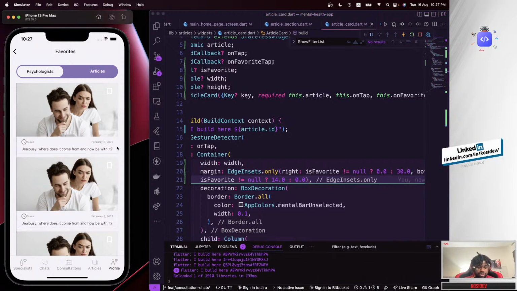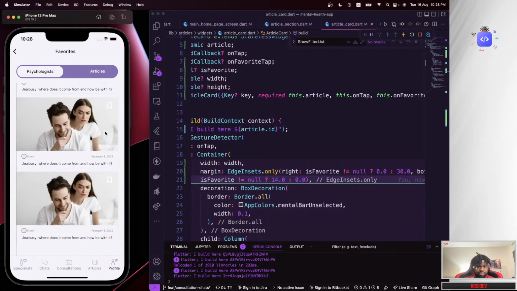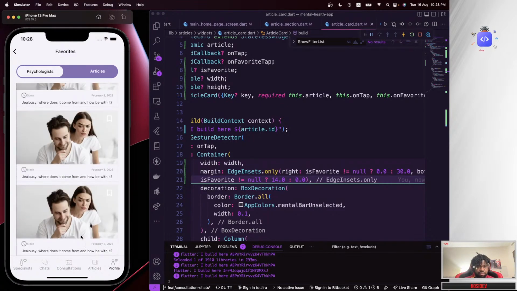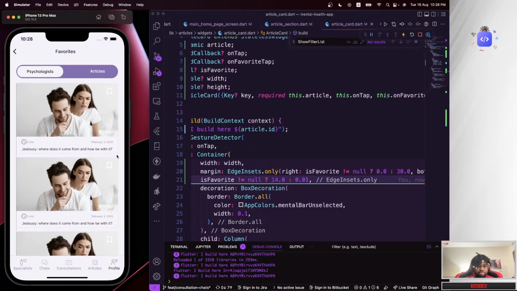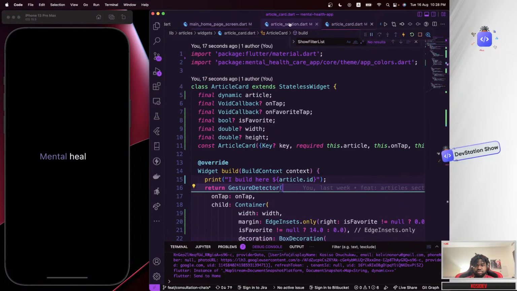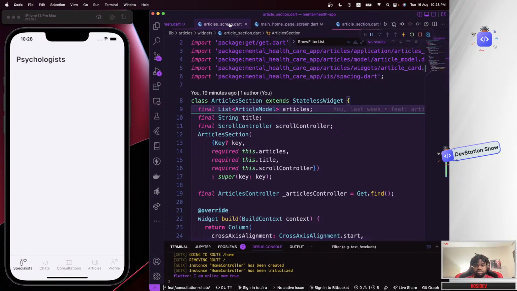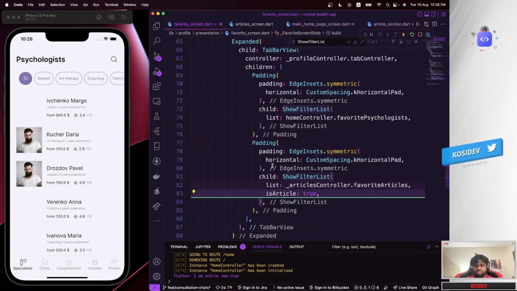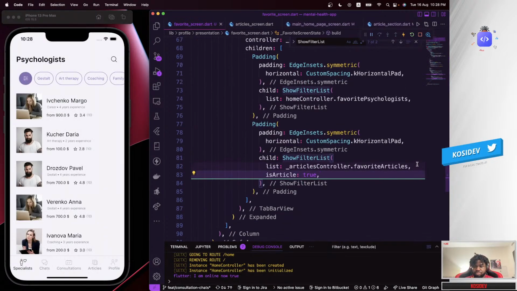We have the spaces being applied right below each and every one of them. So in here,